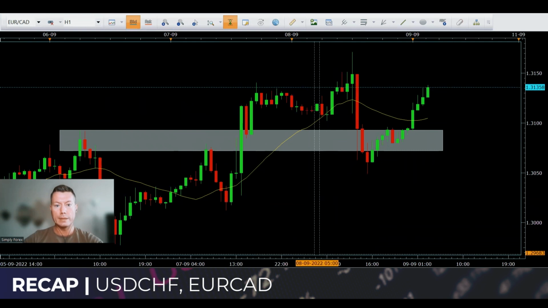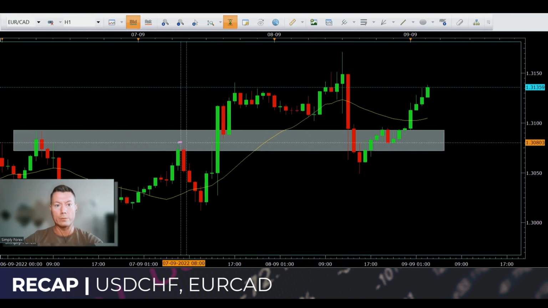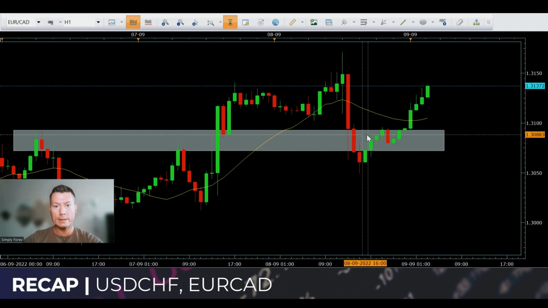So guys, as you can see, we had this one grey zone, which corresponded with these last highs here. And then we had this wick here. This didn't tell me buyers were in control. We had this candle here, but this didn't tell me buyers were in control because of the wick. But then, eventually, we had this candle here, and this tells me buyers are in control. And it's closed back into our grey zone. For me, this was a good entry candle.